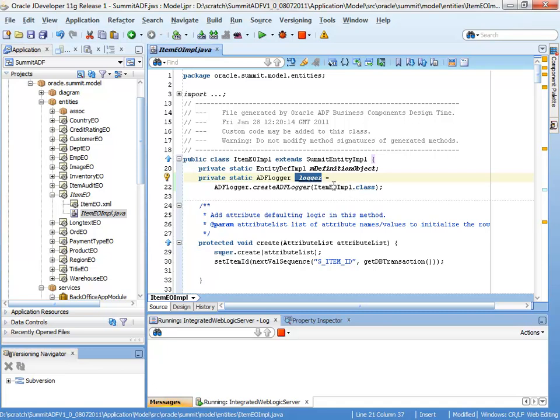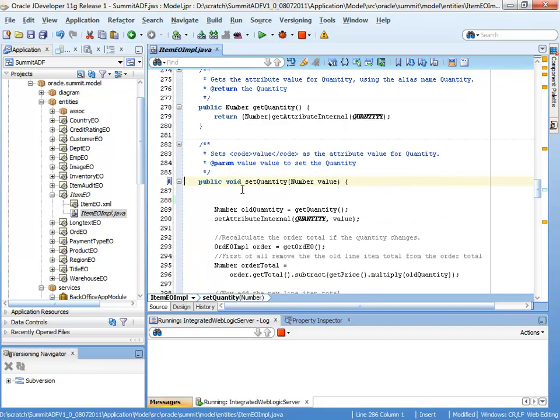Creating an individual logger per class like this does allow us to have extremely granular logging and gives us a lot of control over filtering and so on. So now we've got the logger reference created, we can start to use that throughout the code inside this particular piece of Java. So let's navigate back to our set quantity, and I'll just use another template here, LGI, which